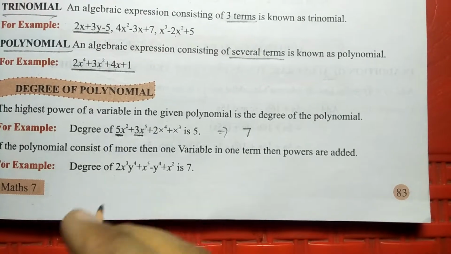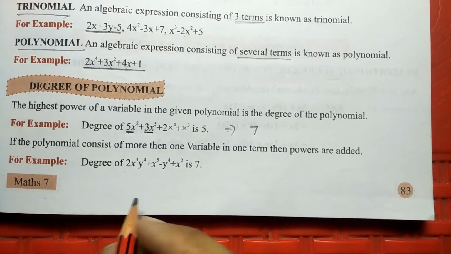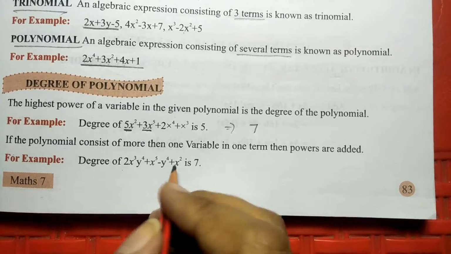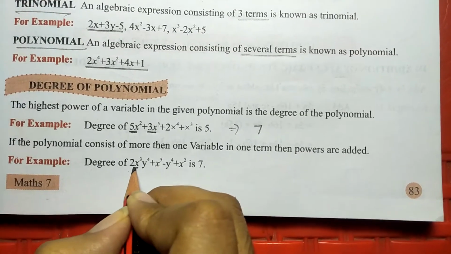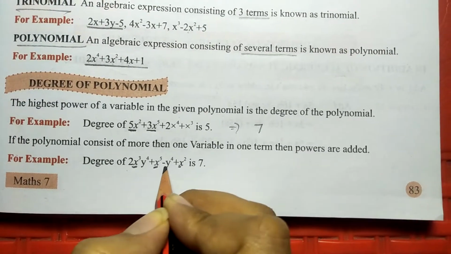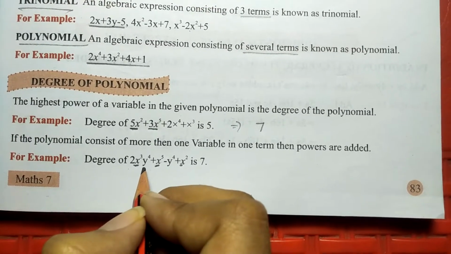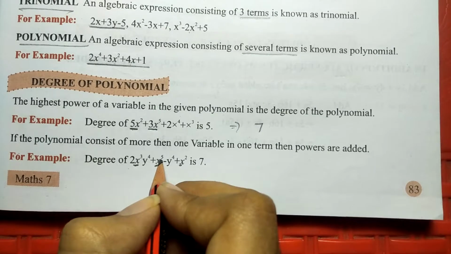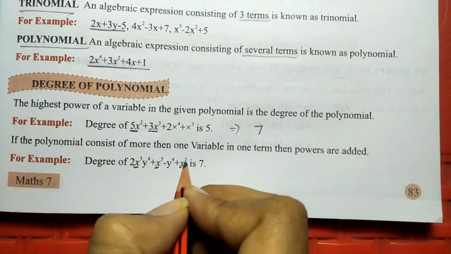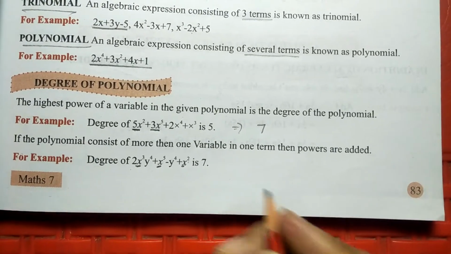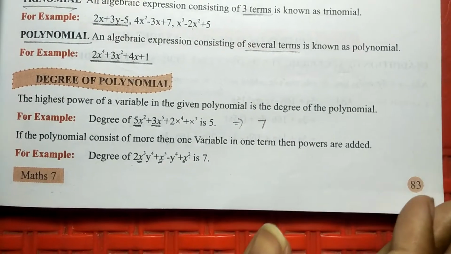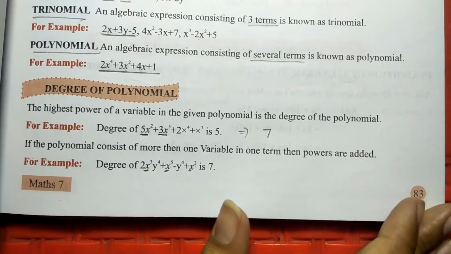Now if you want to get the degree of this equation, the highest power is given: here x, here also x, and here also x. So this is plus plus plus, and you can see this is 3, 5, 8 and 2. The powers will be added in this, and these powers of the variables are called the degree.